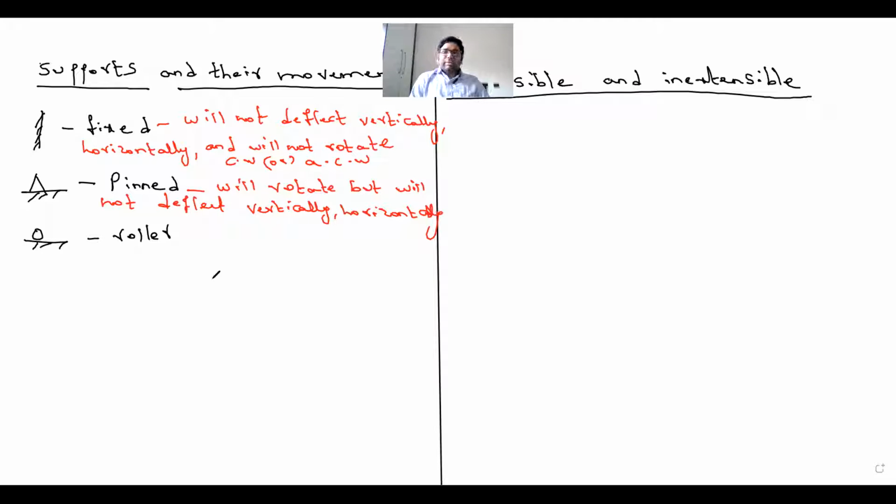Now we have the roller support. In roller support, what is happening? Imagine a case where you have skating shoes. All of you just imagine you have skating shoes. What will happen? It will move horizontally and you can turn also. Or take a chapati or puri making stick, or our example of a pen. This pen can roll horizontally and can rotate clockwise or anti-clockwise.